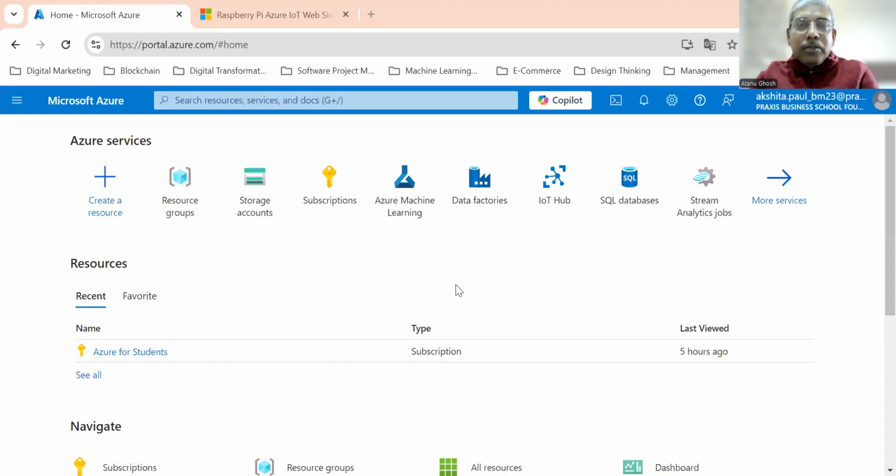Welcome to another session on data engineering. In our last session, we saw how we connected a Raspberry Pi simulator with the IoT Hub. In this session, we're going to see how we are able to push the streaming data into a data lake